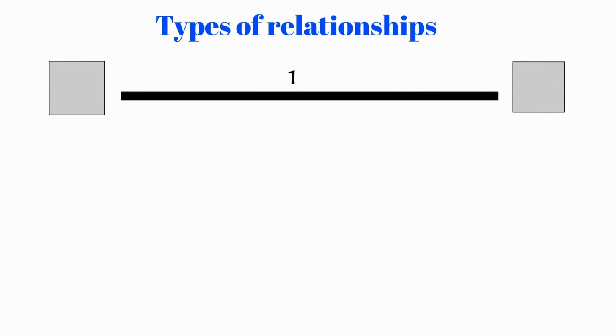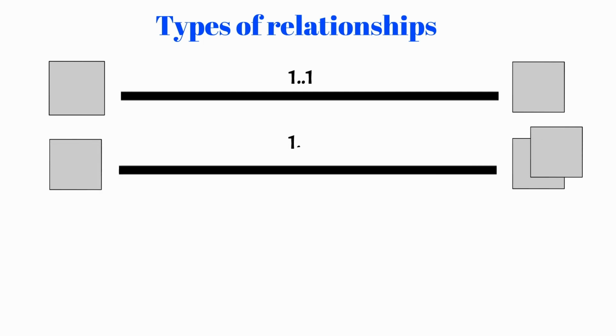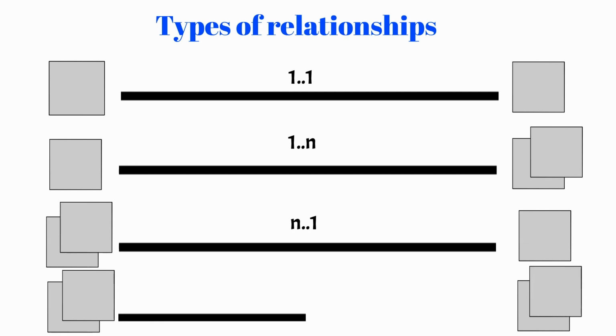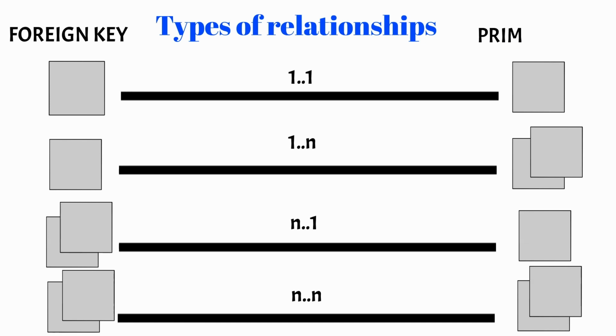Relationships are defined as one-to-one, marked as 1 with 2 dots 1; one-to-many, marked as 1 with 2 dots and letter N; many-to-one, marked as letter N with 2 dots and 1; and last, many-to-many, marked as letter N with 2 dots and letter N. This last gives us the most possibilities, however it's the most difficult to manage. Also it's often impossible to create such a connection directly, so to do that we create a table that has two one-to-many connections that connect the tables that we wanted to be connected by many-to-many relationships.